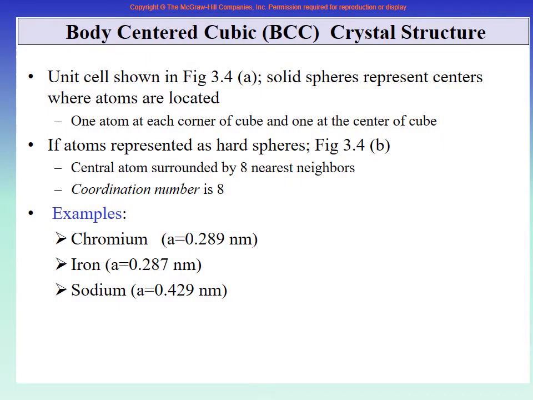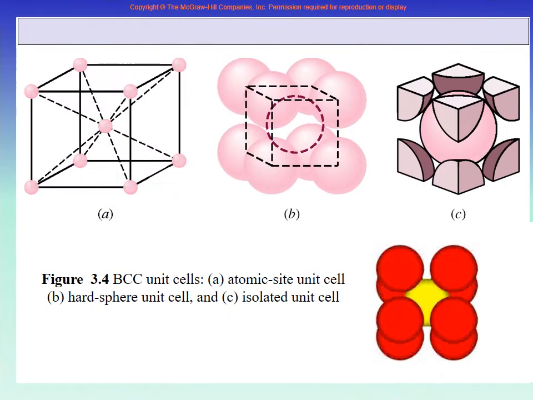So we started with the simplest one, the body centered cubic. We told you that chromium, iron, sodium belong to it, and we showed you the system which is body centered. This is the body centered, all 4 there on the corners, all 4 here on the corner, 1 in the center, and then trying to make all atoms touch each other. Of course, when a body centered atom is in between, it will push them out a little, and then cutting out an exact cube from here, so that you know that these 4 on the top and these 4 at the bottom are cut atoms, and the body centered one is the full one.